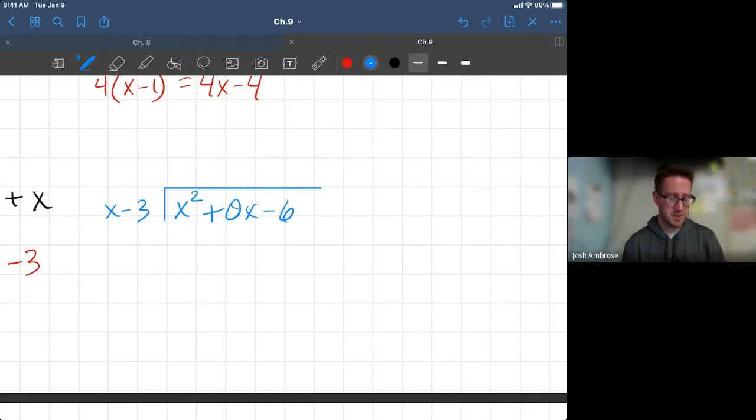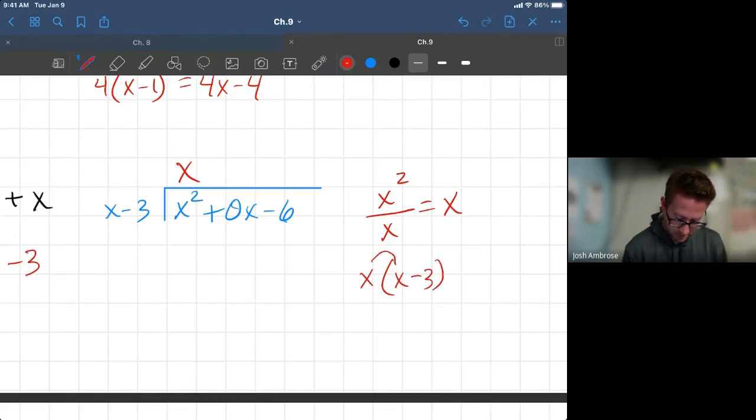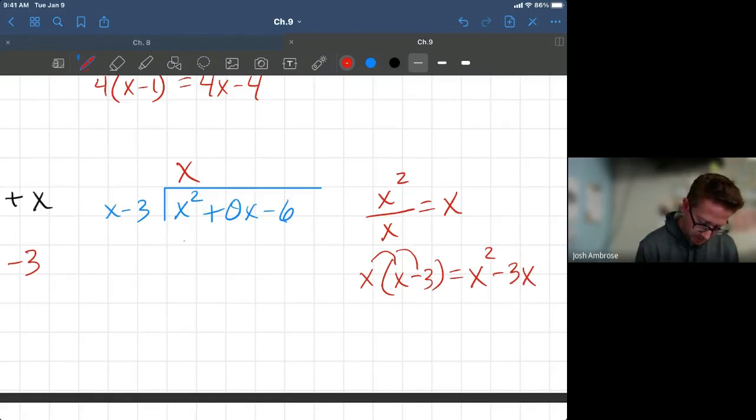All right, remember those steps, repetition. Okay, first part divided by first part equals the first part of your answer. First part of the answer distributed into the binomial gives me the piece I need to move into step 3,